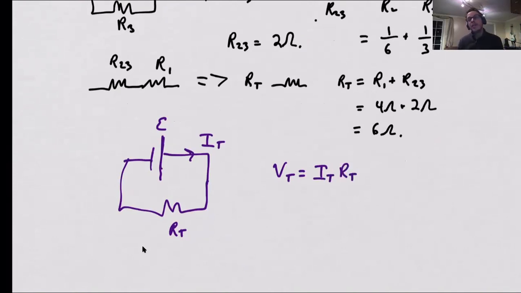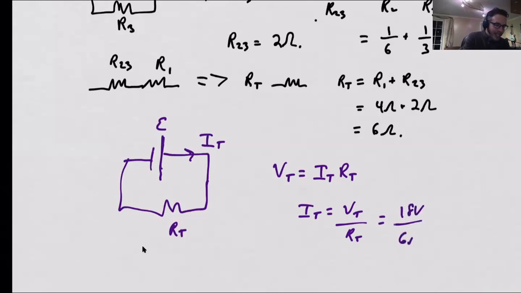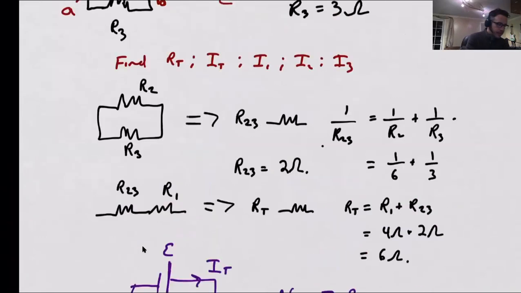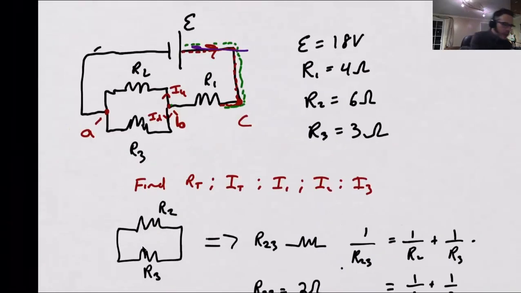His law holds in every establishment, therefore it holds for the entire town. That tells us then that I total will be V total over R total, which now is going to be our 18 volts, but now divided by 6 ohms, and this is going to be a total of 3 amps. So when we leave up here,